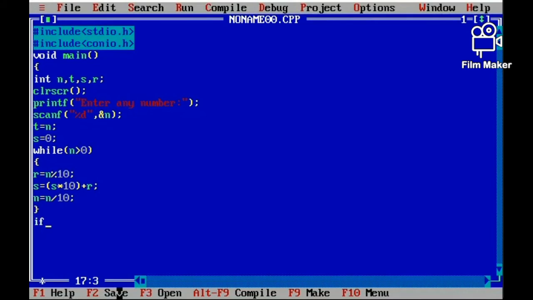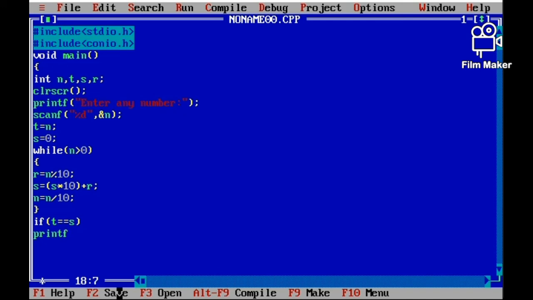Then if t is equal to s, that means the given number is the same as the reverse number, then it is called a palindrome number.